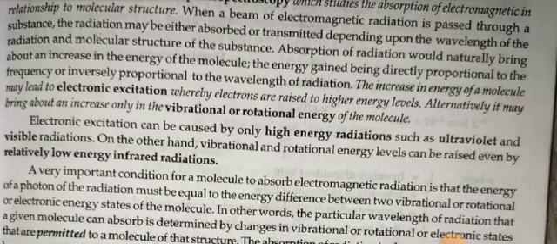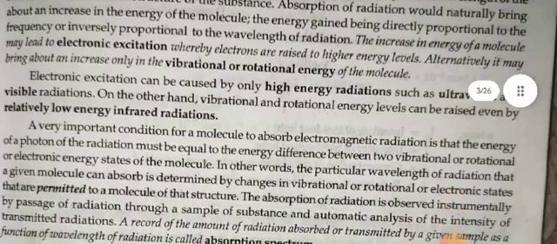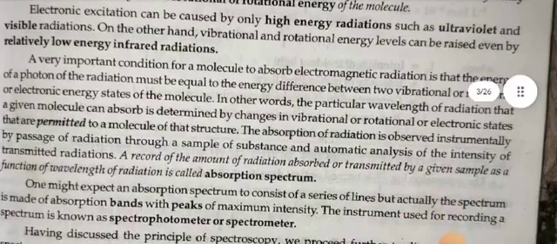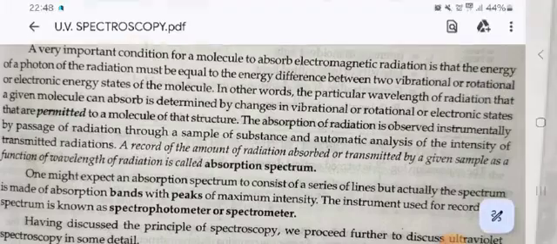Absorption of radiation would naturally bring about an increase in the energy of the molecule, the energy gained being directly proportional to the frequency or inversely proportional to the wavelength of radiation. The increase in energy of a molecule may lead to electronic excitation, whereby electrons are raised to higher energy levels. Alternatively, it may bring about an increase only in the vibrational or rotational energy of the molecule. Electronic excitation can be caused only by high energy radiation such as ultraviolet and visible radiation. On the other hand, vibrational and rotational energy levels can be raised even by relatively low energy infrared